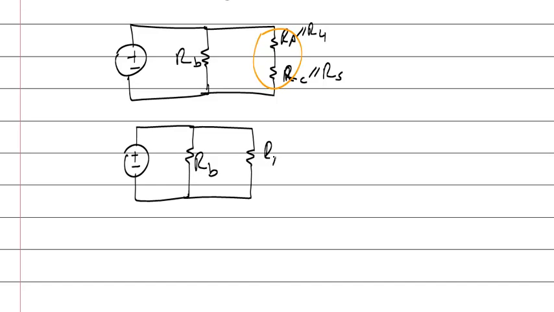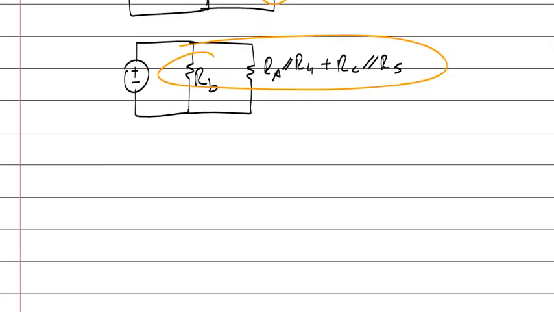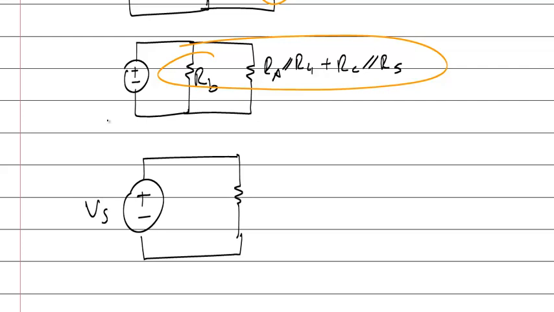This is RA parallel with R4 plus RC parallel with R5. And now they are in parallel. You can reduce the circuit to a form of one voltage source and one resistor. Okay, this is RB parallel with RA, R4 plus RC